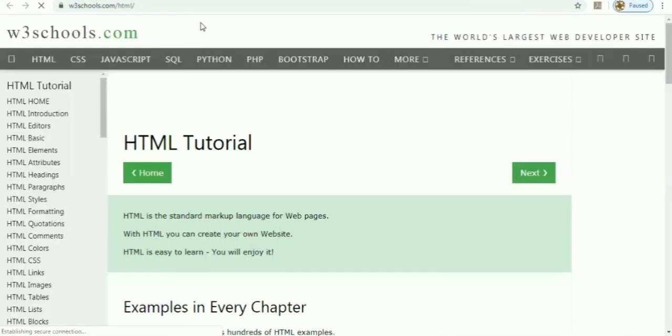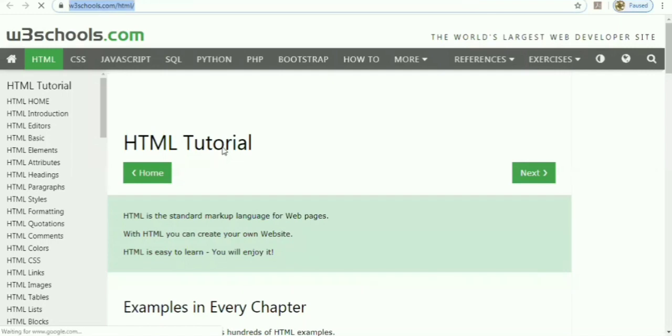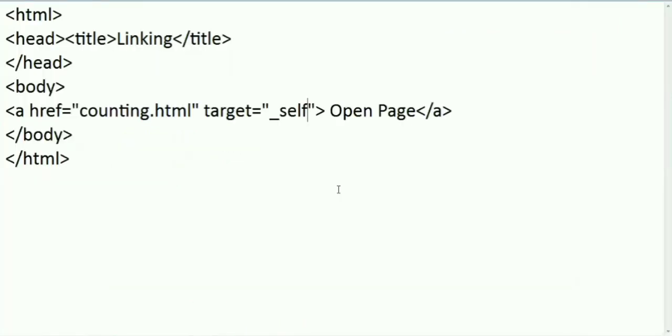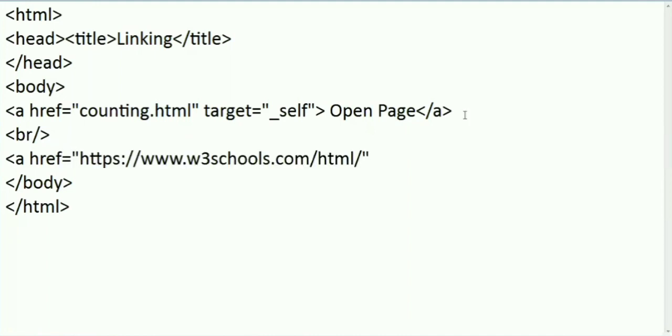What I'll do here is I have just copied its address, and here I have started another tag. A href is equal to, here I have pasted the address of that particular site, open website.